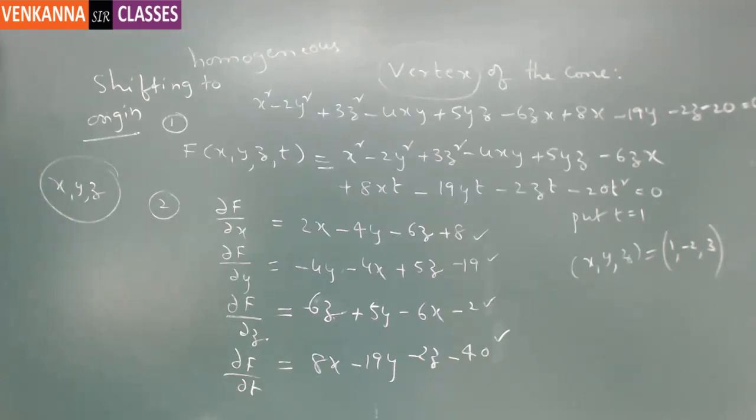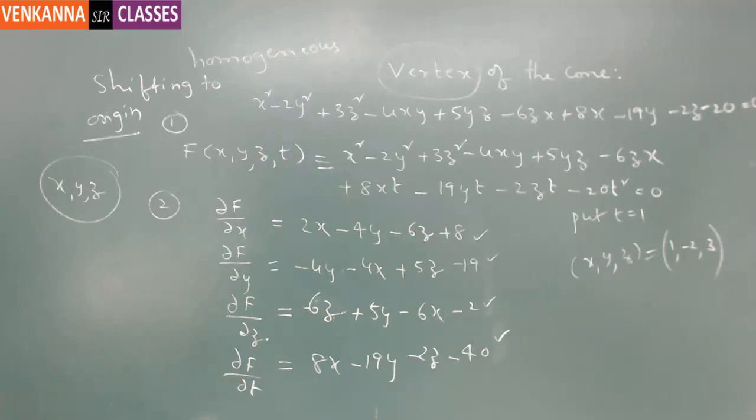While solving, you can consider any three of the equations so that you will get x, y, z, and you can observe that the point satisfies the fourth equation. If you take dou f by dou x, dou f by dou y, and dou f by dou z, and consider the point of intersection of these three, then that x, y, z will satisfy the next one. So the procedure is described like that in finding the vertex of a cone. I will give some practice problems for you on this concept.